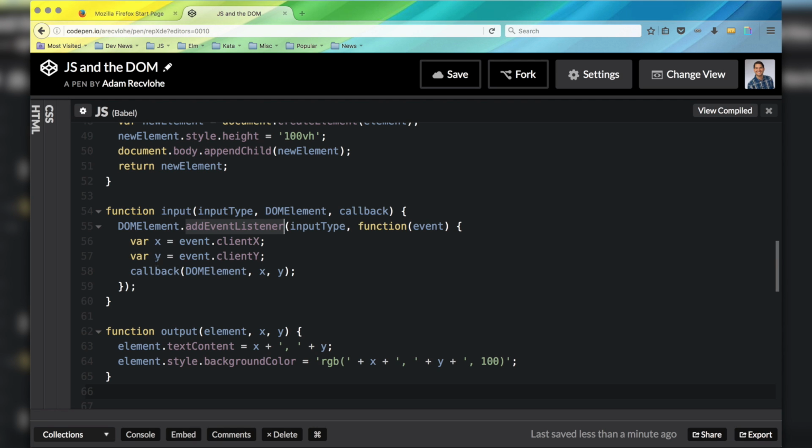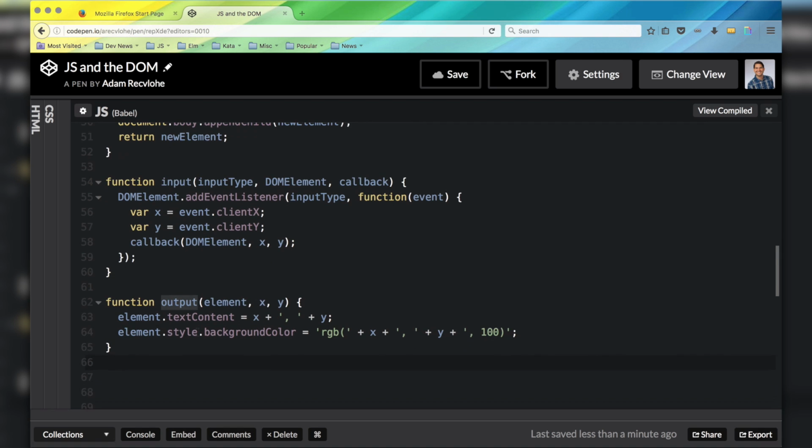So whenever this event fires, we need to capture that event and pass along the information. We need to pass on the DOM element, and X and Y, to a callback function, which is going to be output. And output is then going to take that element, take the X, take the Y,